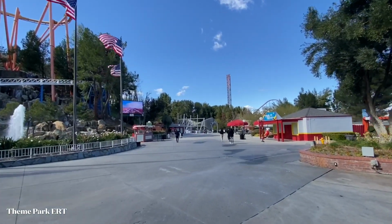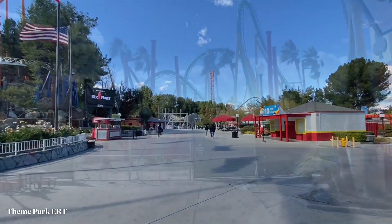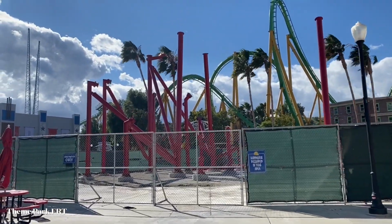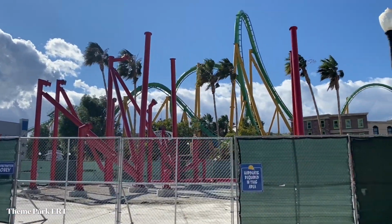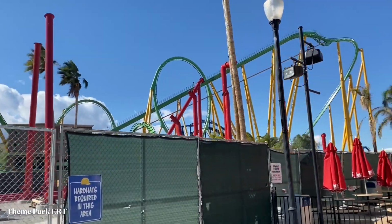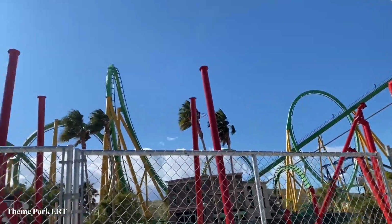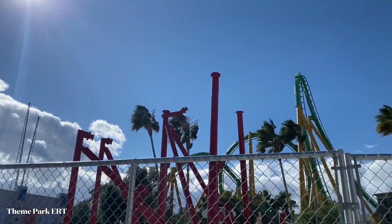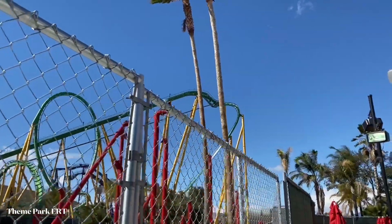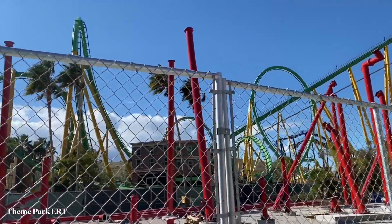Today is Wednesday, February 23rd, here for another Wonder Woman update, so let's get on into it. Arriving on site over at the Wonder Woman construction in front of the Hall of Justice and Riddlers. I don't notice any change whatsoever since the last update. We still got the flanges installed that were there from the last update, and I don't see any new supports that have gone up